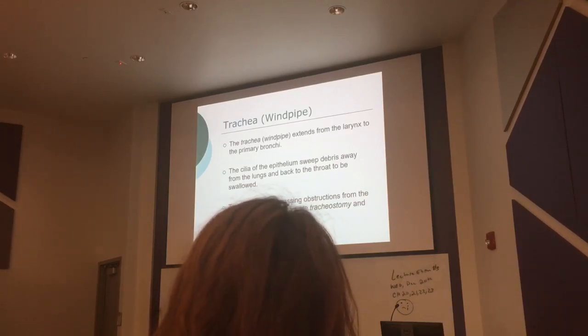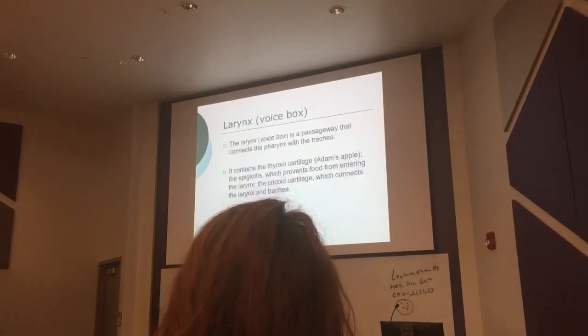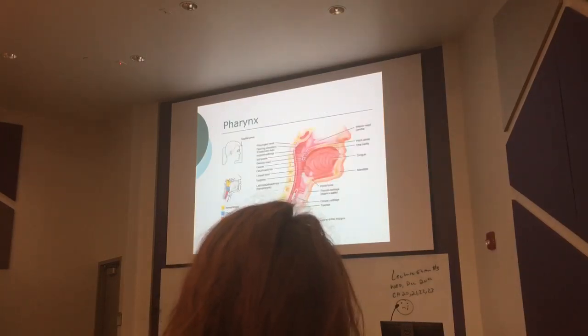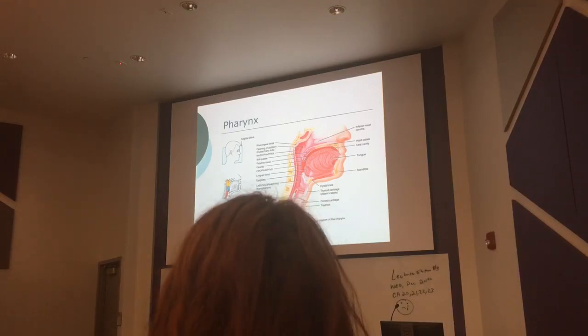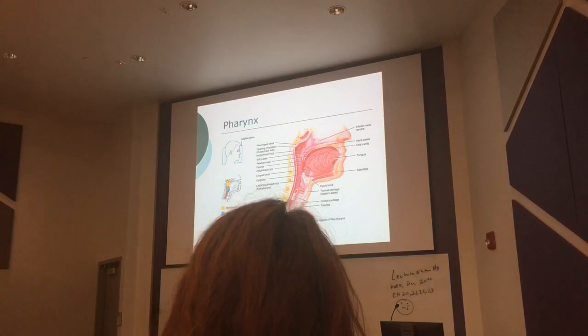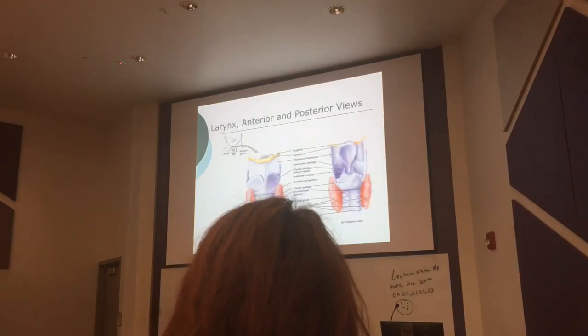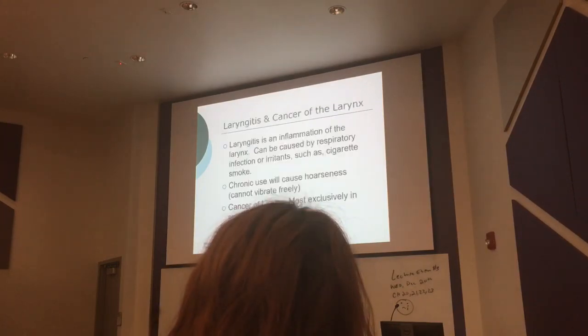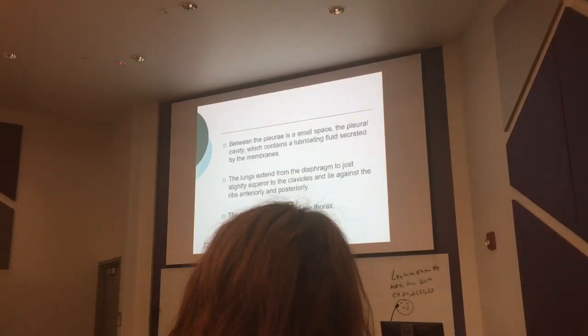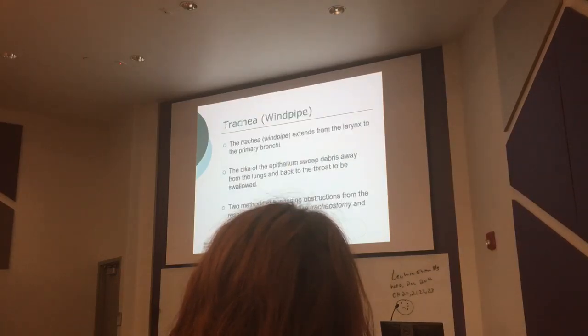Okay, two methods of bypassing an obstruction. You can either do a tracheostomy, which is right over here, where you got that little indentation. You can cut into that. There's not a lot of cartilage there, it really doesn't bleed that much. Or you can intubate someone. Intubation is a device where it goes in, it's almost like a little spoon, pushes the tongue out of the way and you get a tube down in there. Okay, and a person can breathe normally then. You're not gonna be able to talk, but they can breathe. Okay. Good.